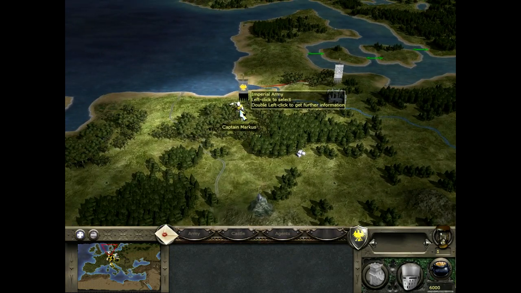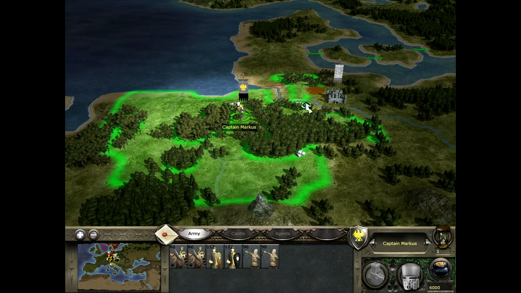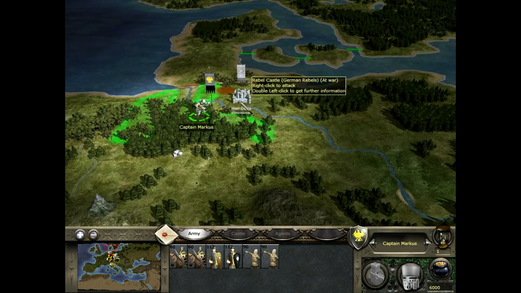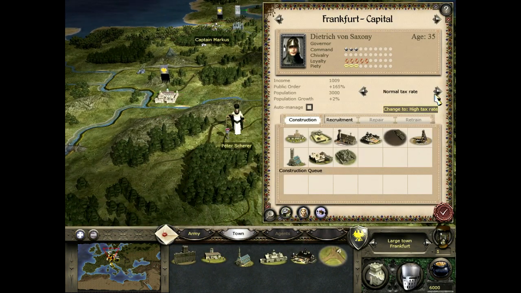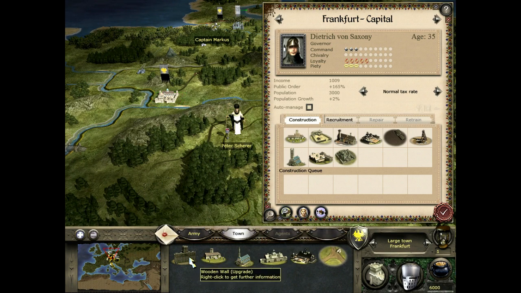Oh, look at that! I have the army and the ambush formation in the trees. Let me just move them up. Press the space bar to speed them up. There you go. I'll attack that settlement later. Yes, this is the capital of Frankfurt, and for a normal tax rate, we have a pretty decent sized feudal